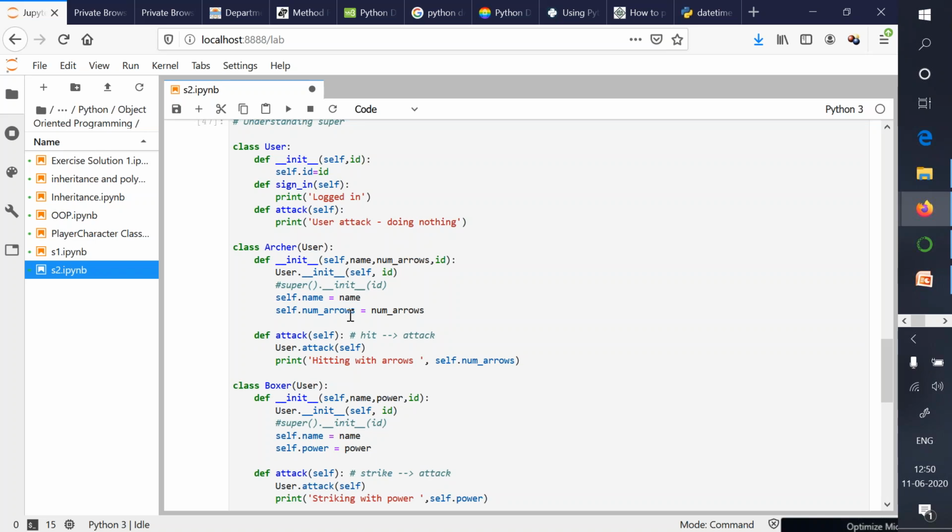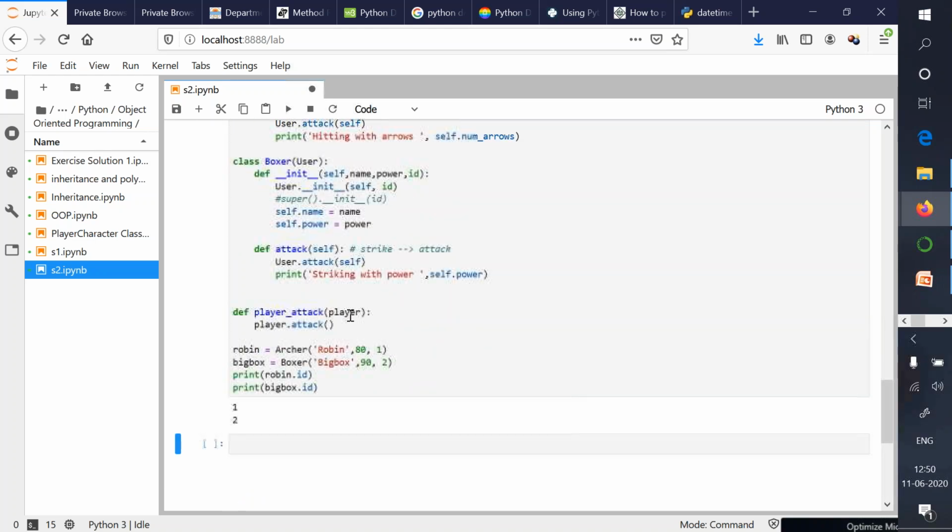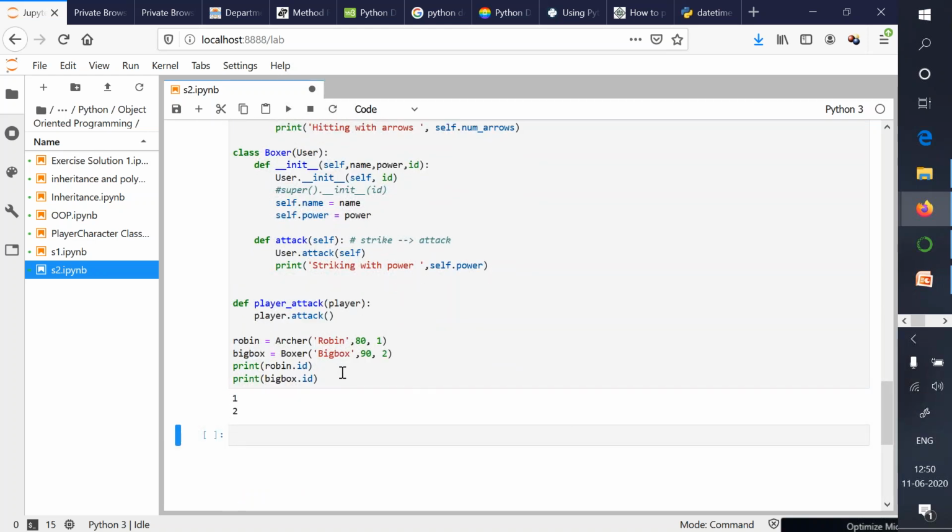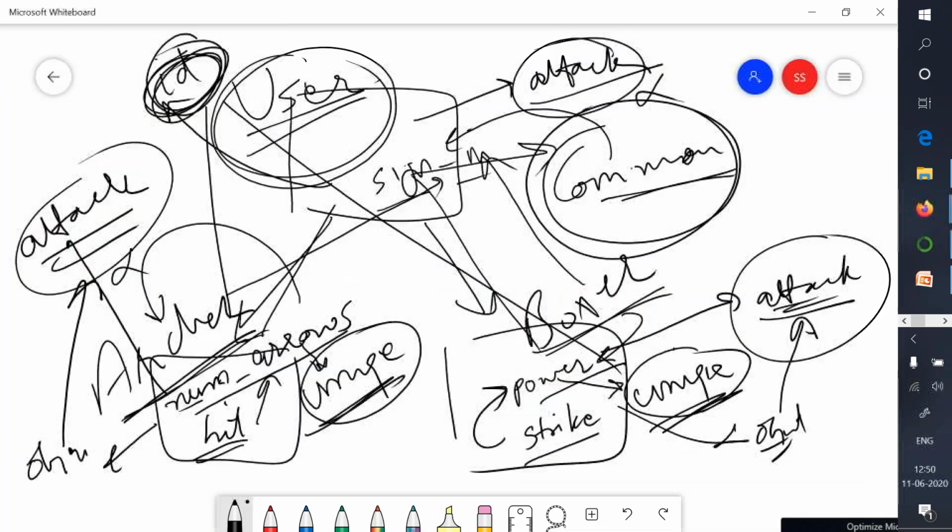We are invoking the constructor of the superclass, the base class, because ultimately data needs to flow from bottom to up. Because here also, when you are declaring an object of these classes, ID is provided over here, because ID exists in the base class.